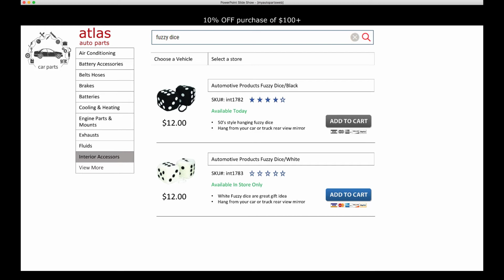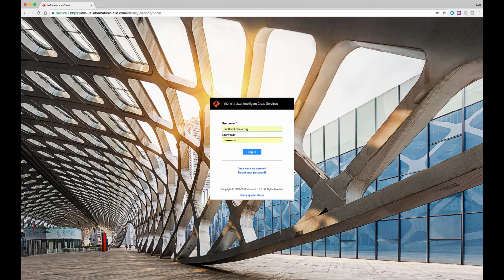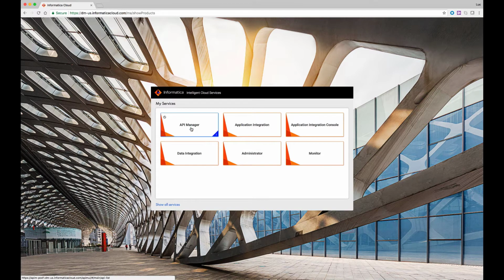Now, the API Gateway is there to be able to monitor, secure access to the APIs and the data that Atlas is exposing to its partners in its website. So let's switch to Roger. Roger is the Atlas API administrator, and he's going to use API Manager to track access to these websites. So Roger goes to IICS and logs in. Goes to API Manager